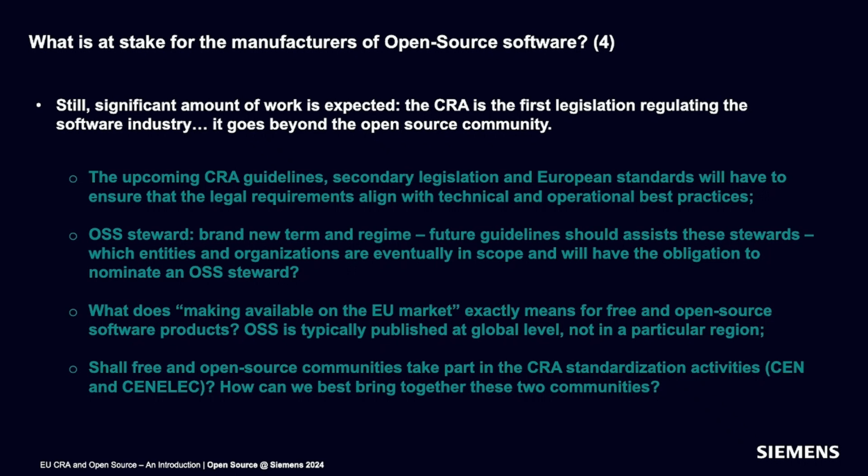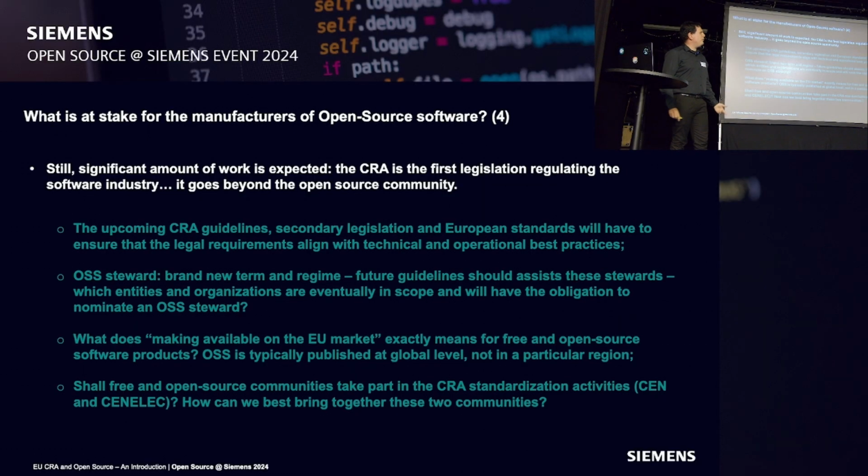First of all, CRA talks everywhere about harmonized standards that do not exist yet. Normally, we know that, for example, in our field, automation, CENELEC started working on some of that, and some others will start a bit later. We will try also to participate in it. But the open source community never really worked with CEN and CENELEC. So probably it would be better if they sit together, because otherwise, not sure how it ends up if someone else is doing a standard for you and you are not involved, right? Because then you will have to comply with that.